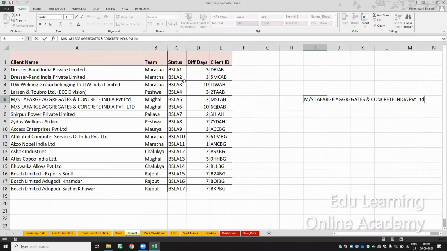This is a value, this Indian Concrete Private Limited.